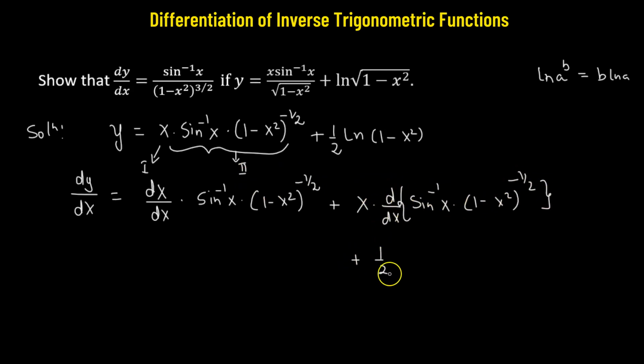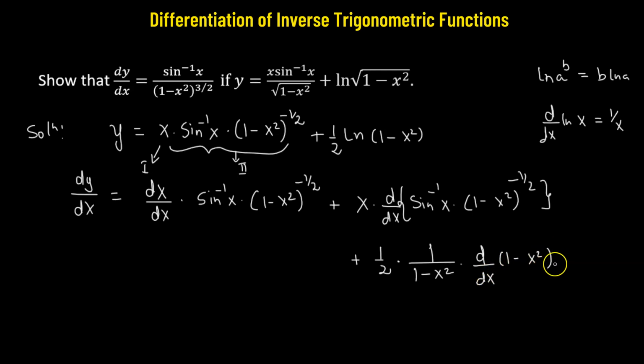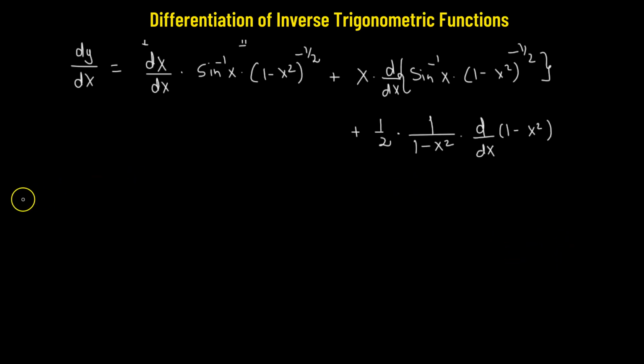Plus half. Now we need to take the derivative of log of 1 minus x squared. We know that derivative of the logarithmic function is simply 1 over x, so this will be 1 over 1 minus x squared. But then again, we need to apply the chain rule, so this will be multiplied by the derivative of 1 minus x squared. Let's further simplify. So we have derivative of y with respect to x. Derivative of x with respect to x is 1. So that means we have sine inverse of x times 1 minus x squared raised to the power of negative half,